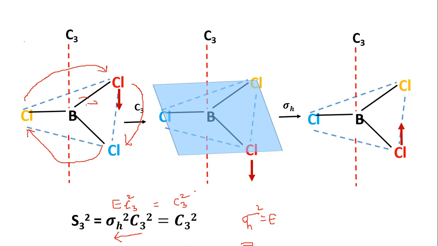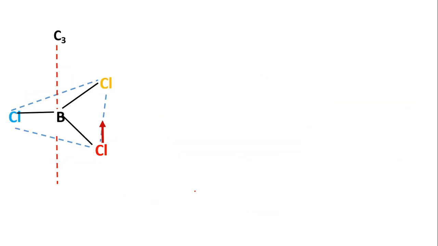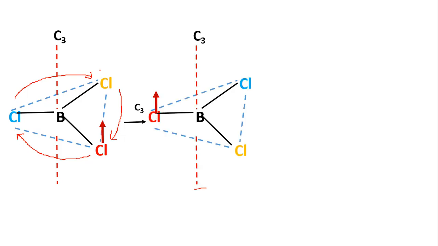Now we will start from what we had at the end of this diagram as the first arrangement in the next screen. Now if you perform C3, what you will get is this yellow will get shifted here, this red will get shifted here, this blue will get shifted here, and will get something like this, but the arrow will be pointing upwards.